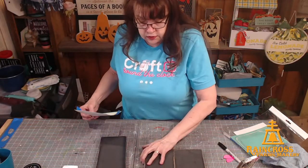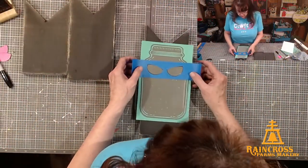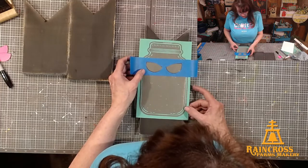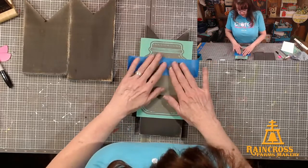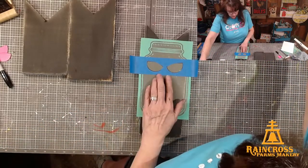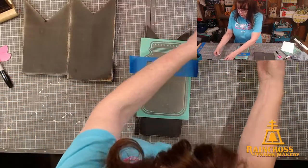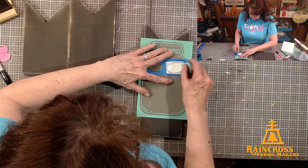And let's do our big cat. So I'm going to keep this tape on here. I'm going to peel this off. There's not very much sticky, so I'm not going to fuzz this. But because there's not very much sticky, I'm going to have to hold it because there's not much for it to stick to. So I'm going to place where I want my cat's eyes. I'm going to push that down. On that particular one, you could probably rub across where the top is, and it would help stick it down. But I'm just going to be gentle, and I'm going to take my white and glow chalk paste, and I'm just going to...